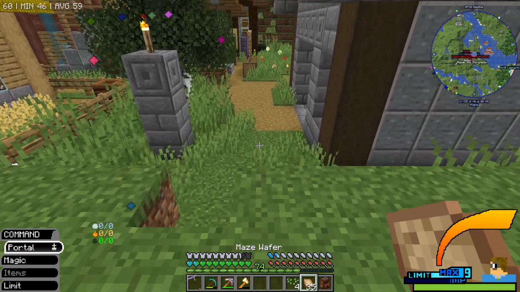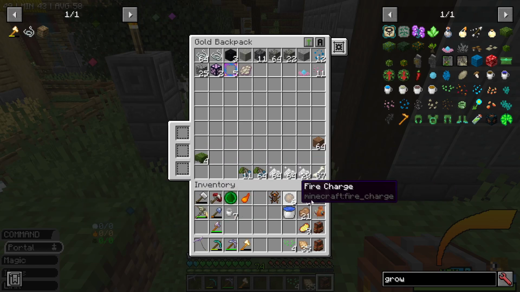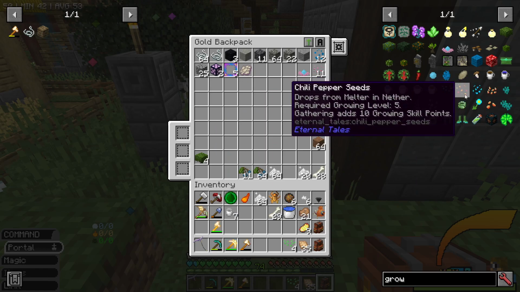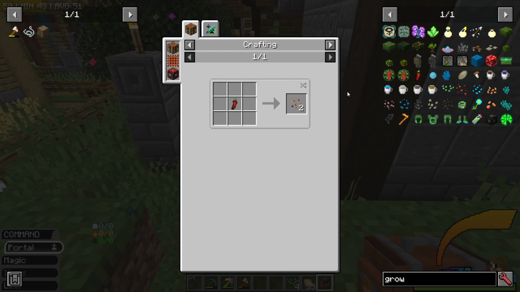Also, as far as the fertilizer I need for all of this stuff, I've used 3 stacks of chlorine now. And I'm nowhere near done, so that's fun. Ugh. On level 6, I can start doing some of these higher-end things. Do chili peppers require...